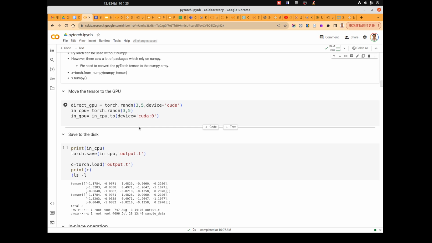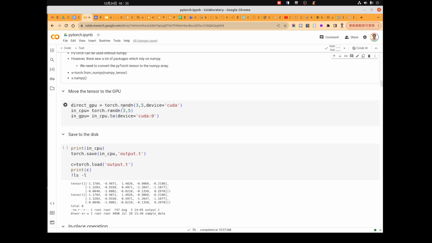Since the GPU cannot access the I/O directly, we need to use the CPU for those jobs. So we often need to copy the data between the GPU and CPU. If you forget to do this, the library will give you a warning to tell you that the data is not in the CPU or the data is not in the GPU.